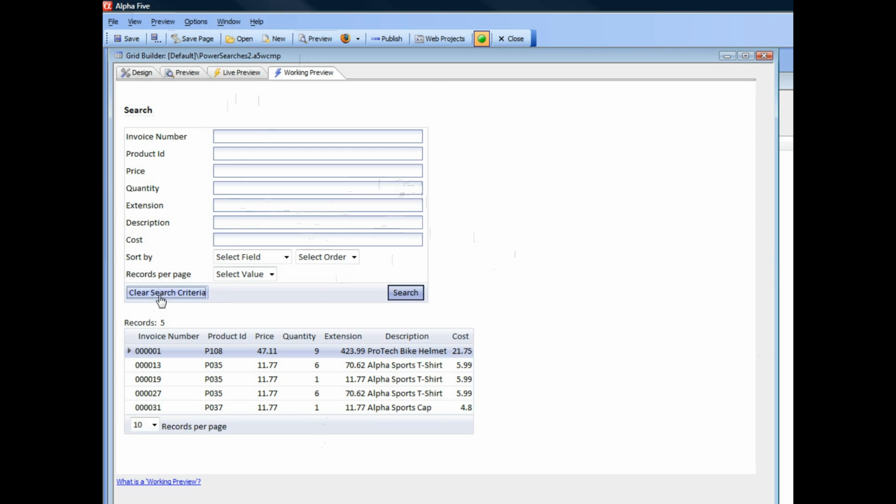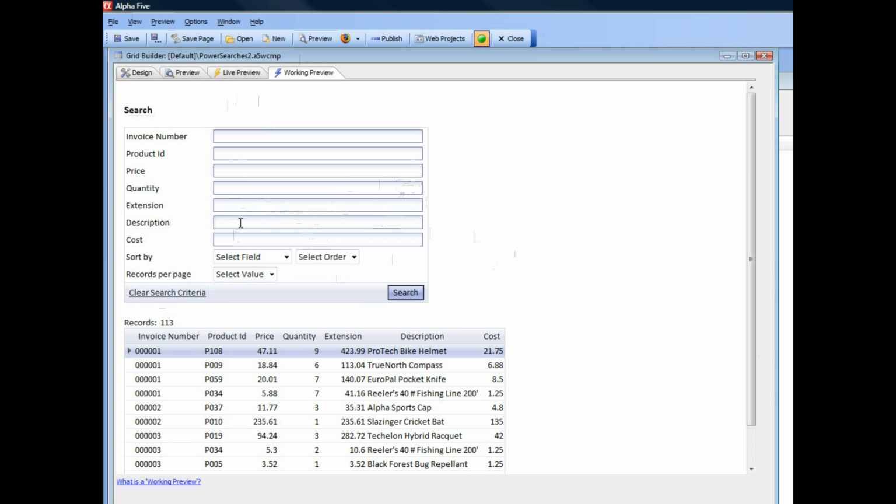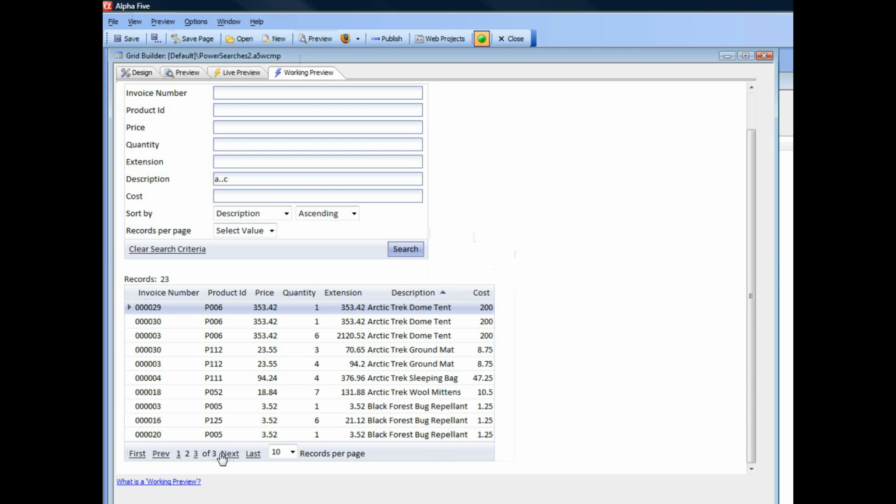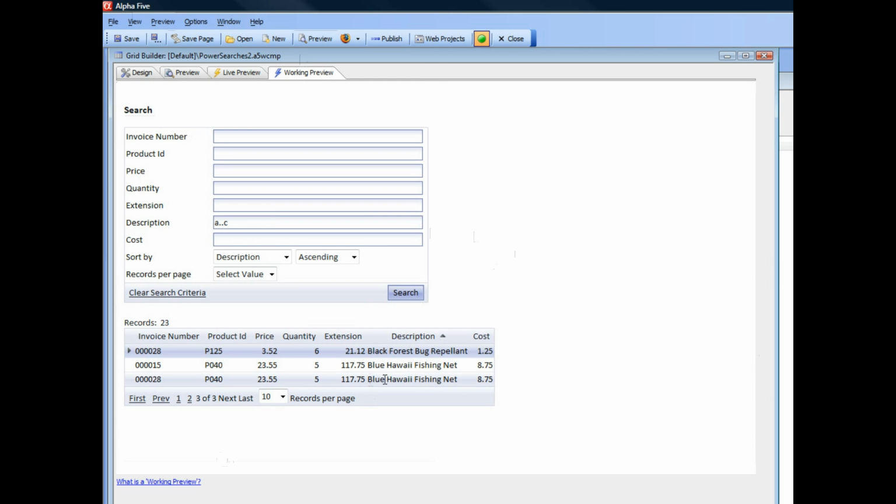So for example, if I go here and just type in A.C, that means all descriptions that start with A and end with C. So let's go ahead there and now sort. So you can see we have 23 records, and the last record is Blue Hawaii, so we don't have any records that are after C. But now